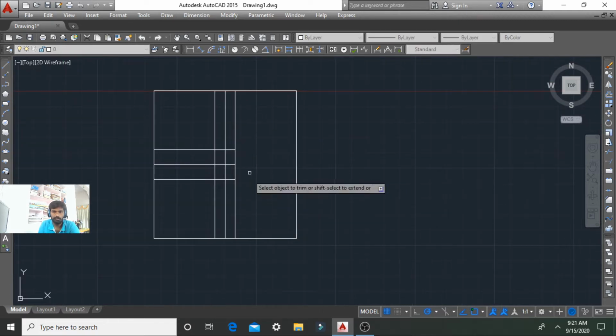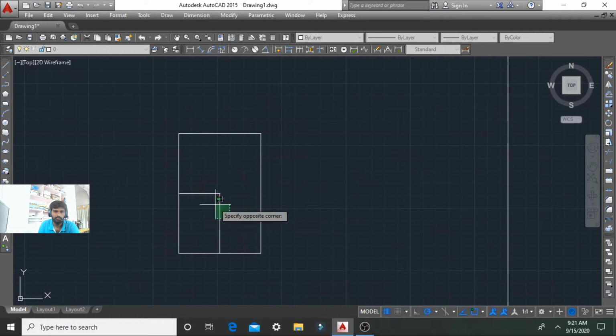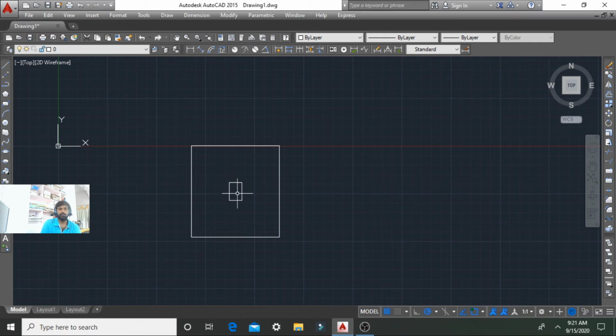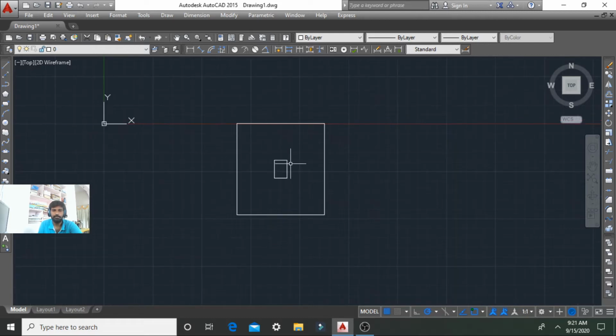So you can trim all these lines. So we get the column position, the dimensions are 400 by 600, and the reinforcement cover is mentioned here as 50 mm.